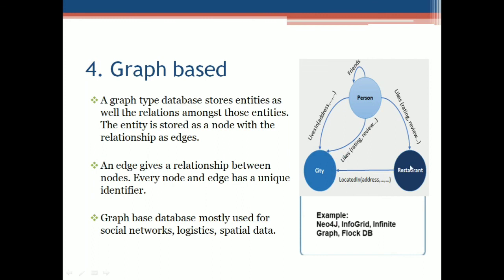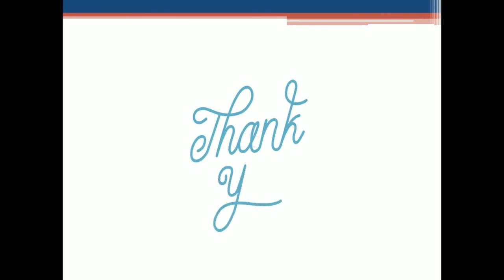The graph-based database is mainly used for social media platforms, logistics and spatial data, to visualize the spatial data or the social relationships. Like if we want to find the popular tweet user or the popular user among Twitter, then we can use this type of database. Neo4j is the widely used graph-based database in big data, whereas there are other databases such as FlockDB or InfoGrid. Here the data is stored in the form of graph so that it will be more easily visible to the user. So these were the broad categorization of NoSQL databases with its different types.